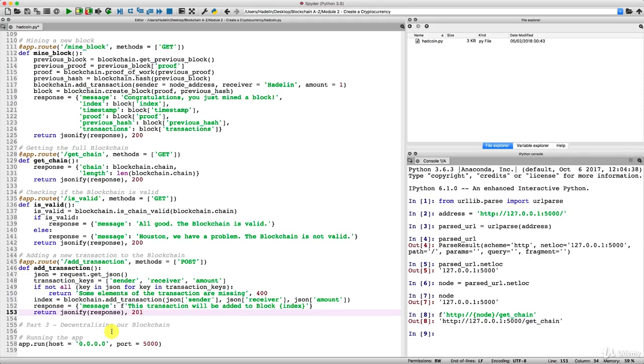All right, so we'll make two requests. One connect node request, which will be a post request to connect any new node in the decentralized network, and another request to apply the consensus, replacing the chain in any node that doesn't contain the most up-to-date blockchain. So we'll do that in the next two tutorials, and then we'll start the demo.